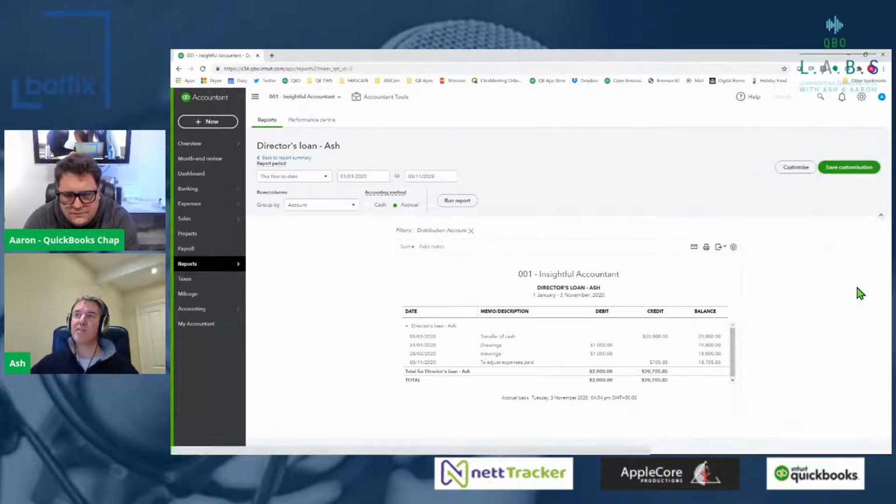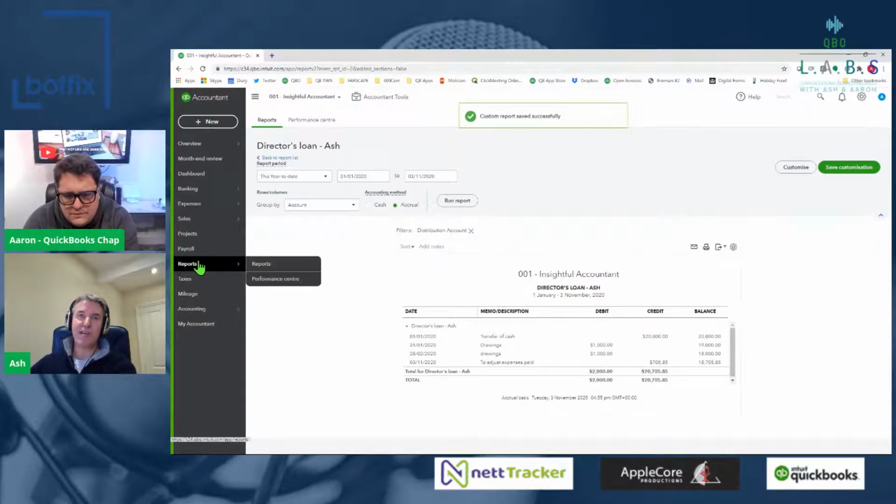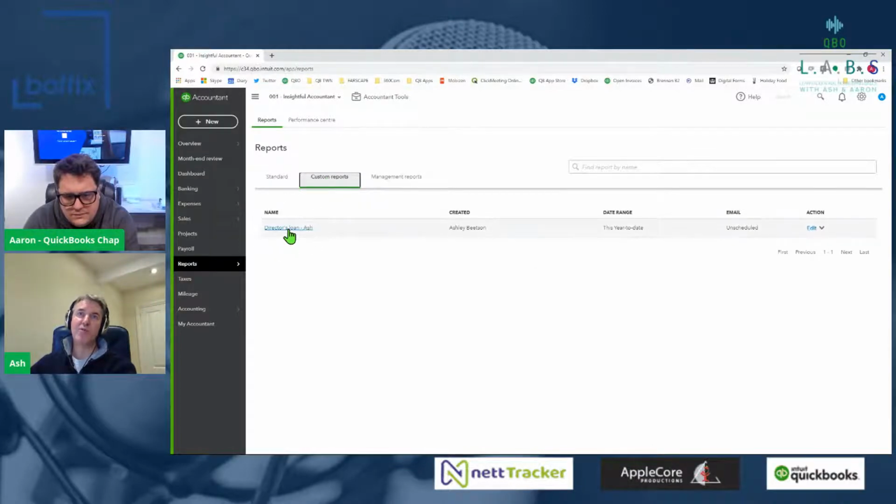So once I've got that saved, any report that you have saved after you've customized it, it's going to be in your reports and it will show in your custom reports area. So there's my director's loan, which I can click on at any time.